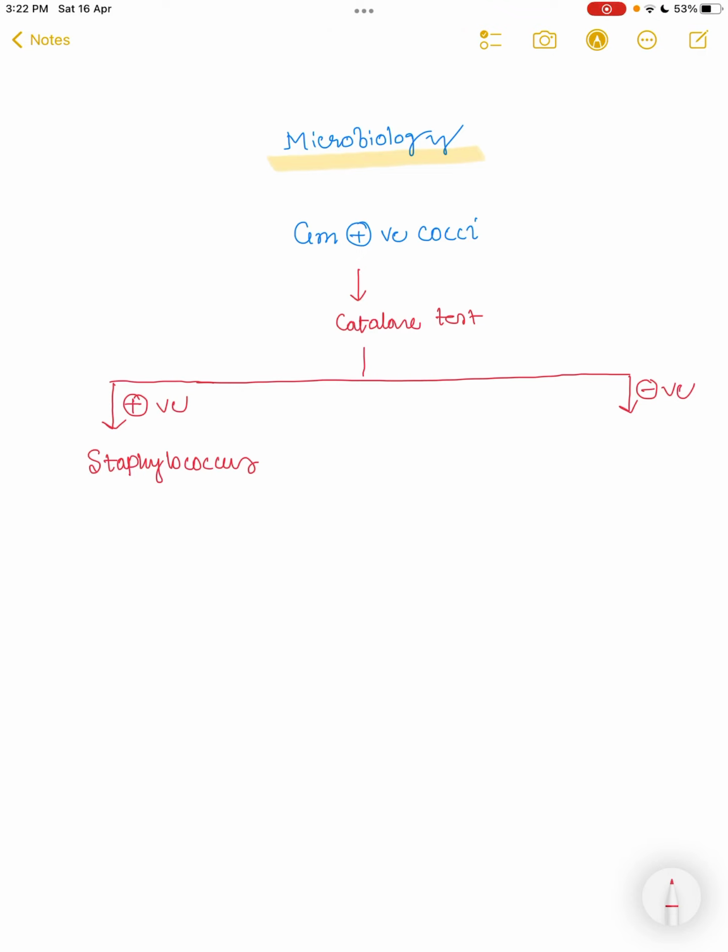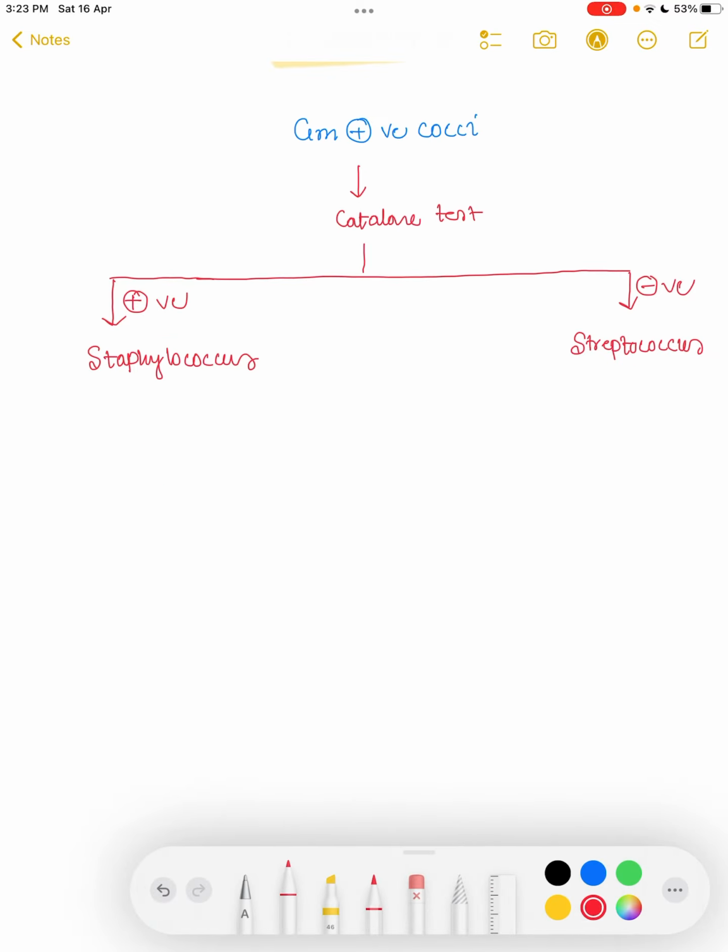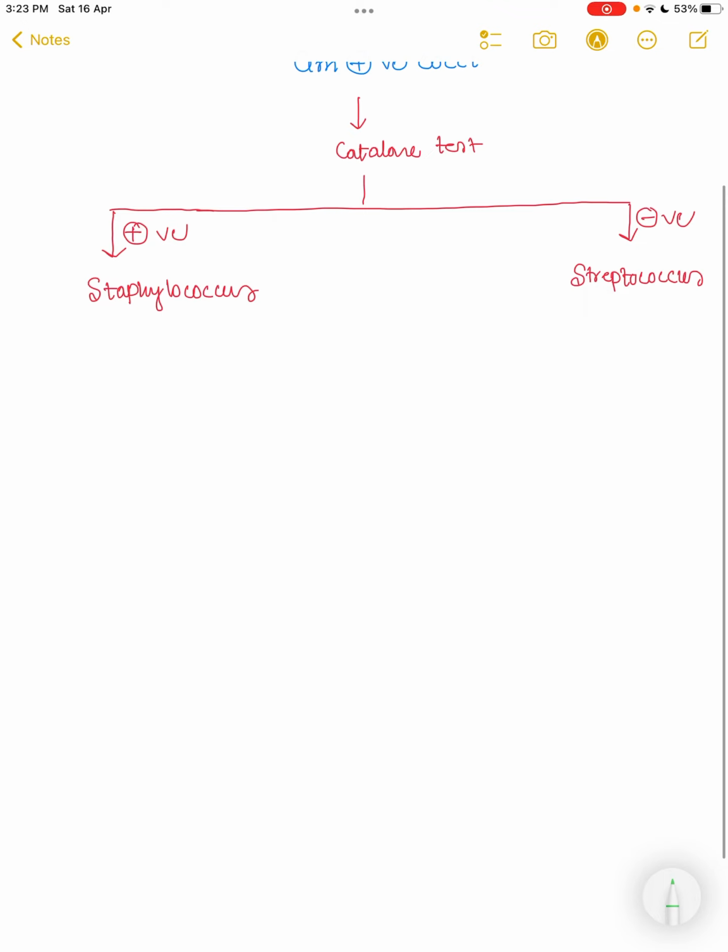And if it is catalase negative, then it is Streptococcus. And you have to remember, in case of Staphylococcus, it is like clusters of positive cocci, and in case of Strepto, it is like chains. So in case of Staphylococcus, we have to go for the next test, the